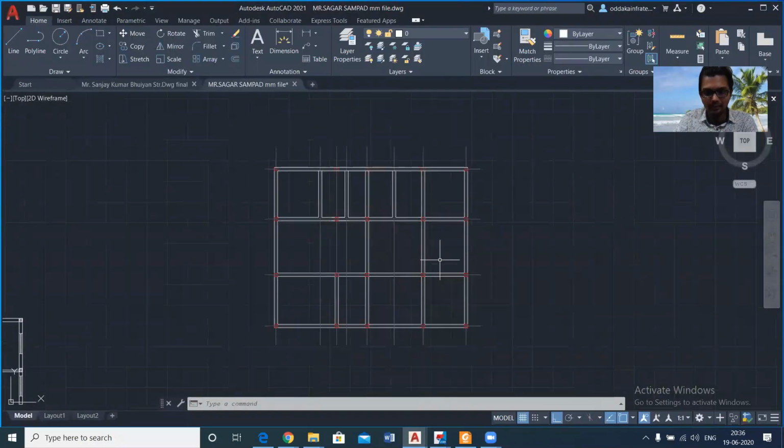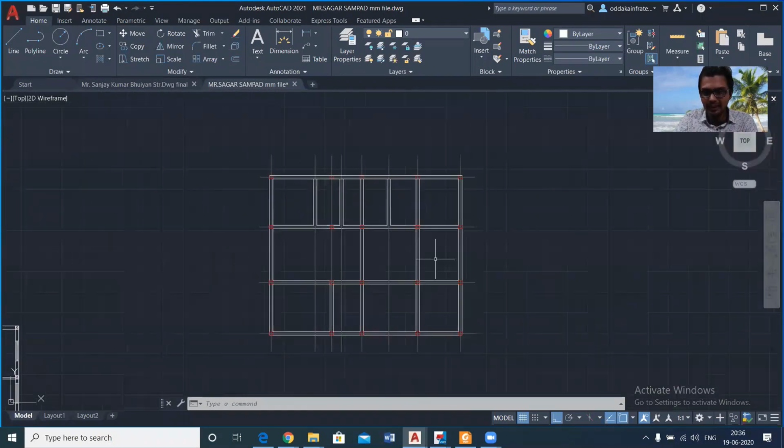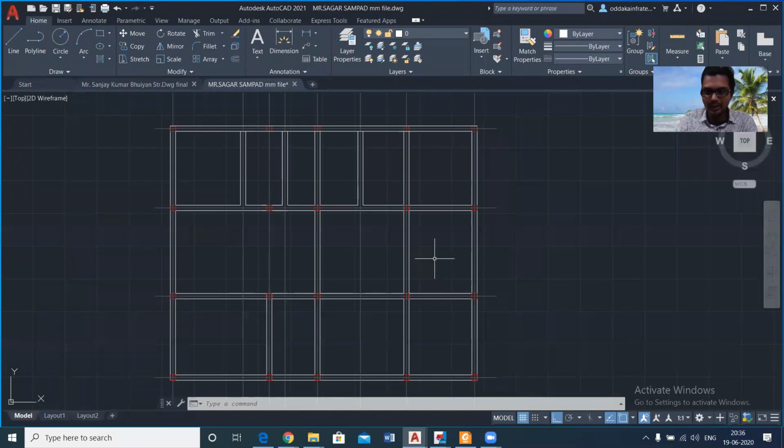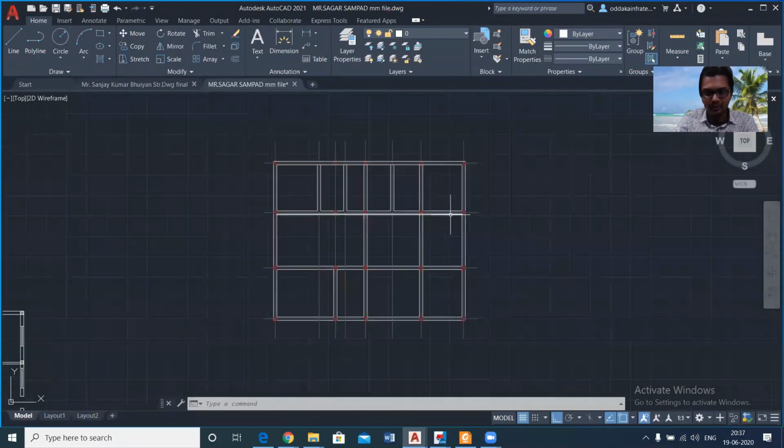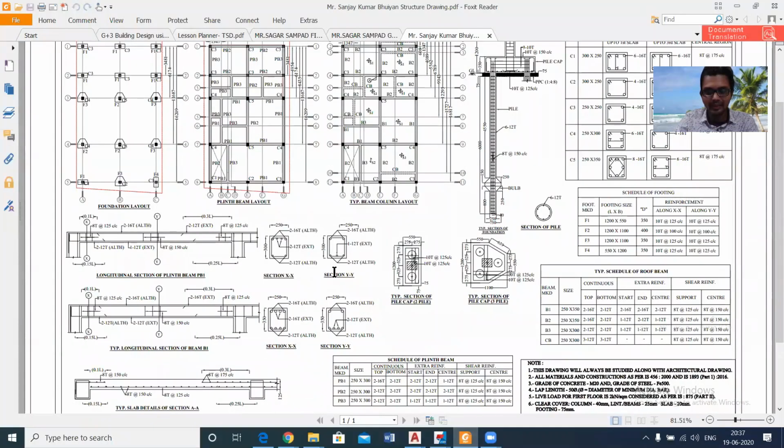So basically, for working in Tekla Structural Designer software, you need a centerline diagram. So I don't know how many of you have used any kind of structural design software before, and maybe some of you have worked on STAAD or ETABS or any other software for the structural design. So I'll tell you about the output first. So basically, this is our output.